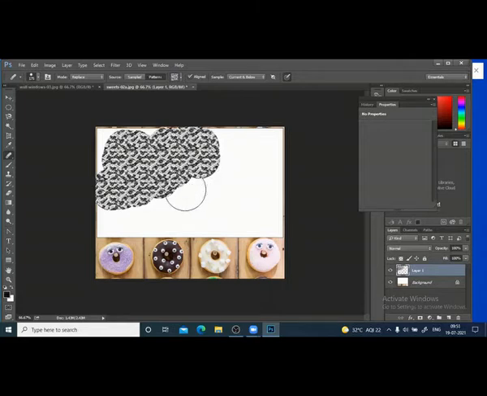Okay. In the first option, spot healing, there is no current and below or anything like that. You just have to tick the sample. But here you have to use current and below, because in that case it will check what layers are below and you can use this. Very powerfully you can use it. So that is a very important thing here. If you want to use the sample layer, always use current and below.